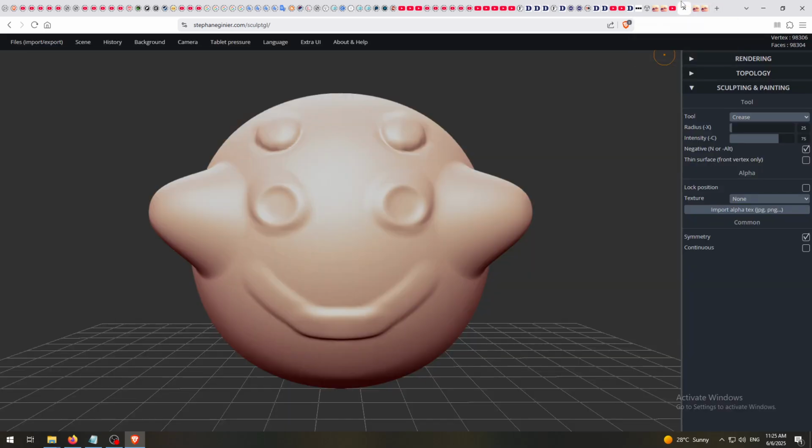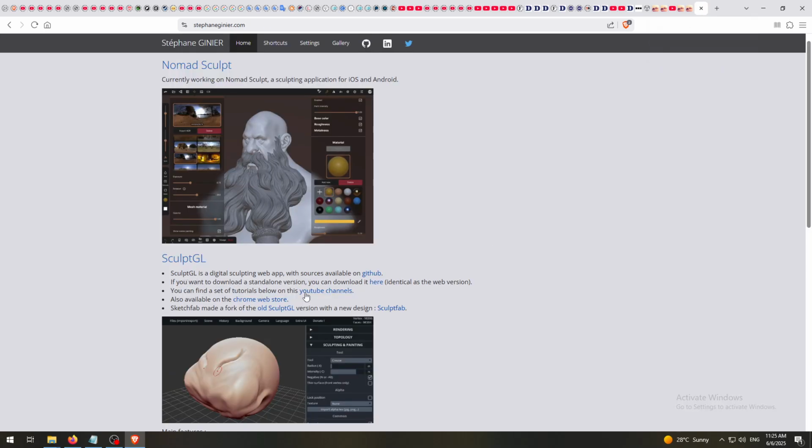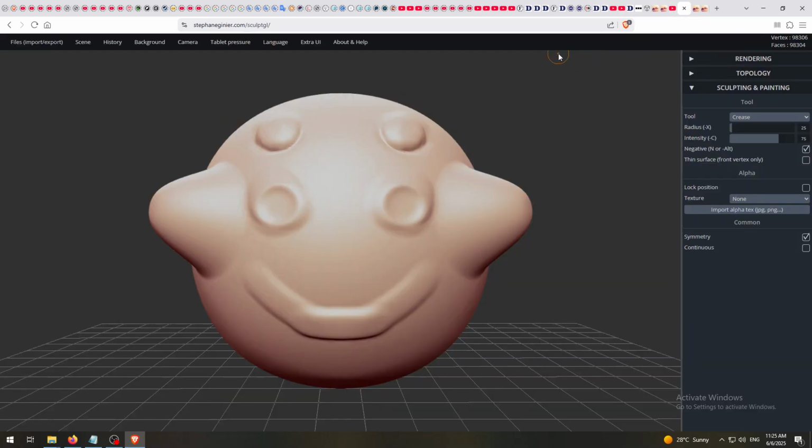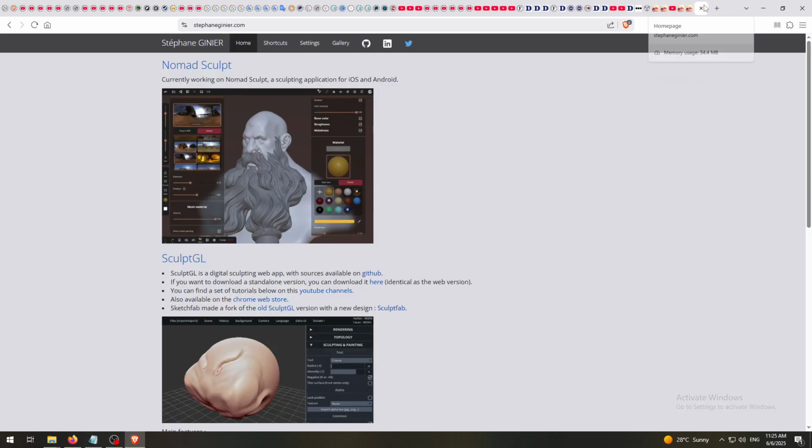But this one is free, and even better, I think you can download a standalone version, which I will do as soon as possible, because I wouldn't be surprised if they somehow removed it from the internet. So download the standalone version, you have the web version, and that should be good enough for most indies,